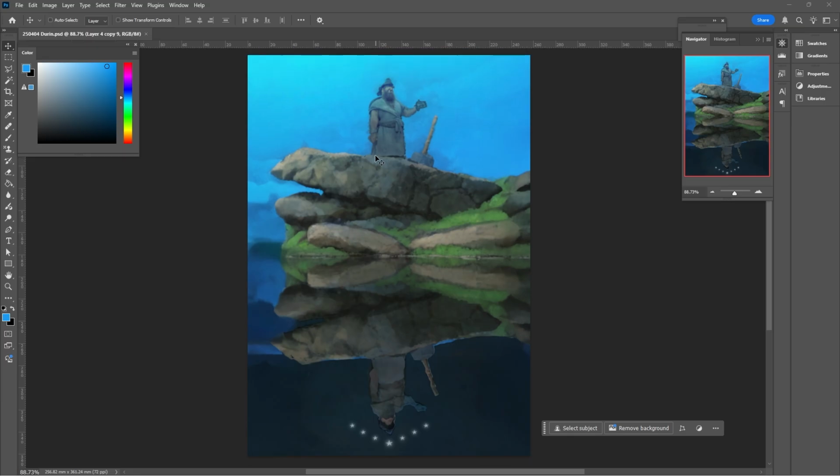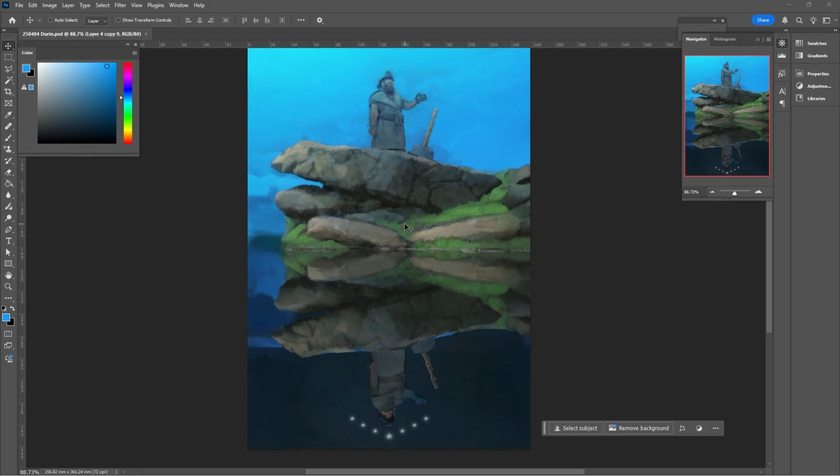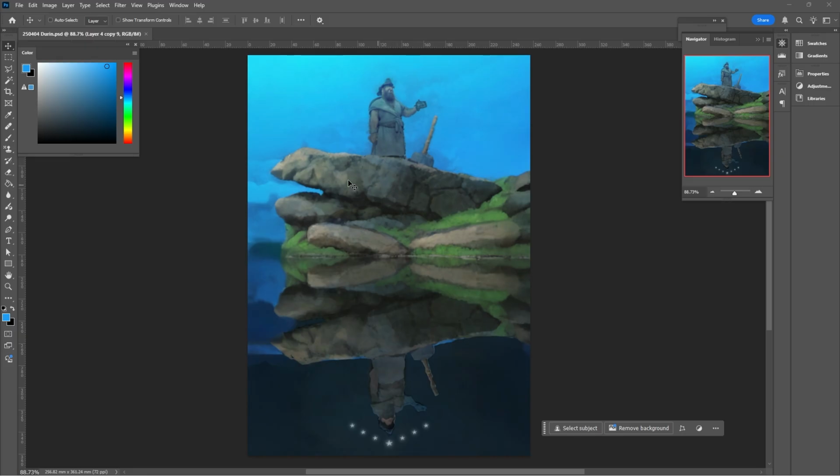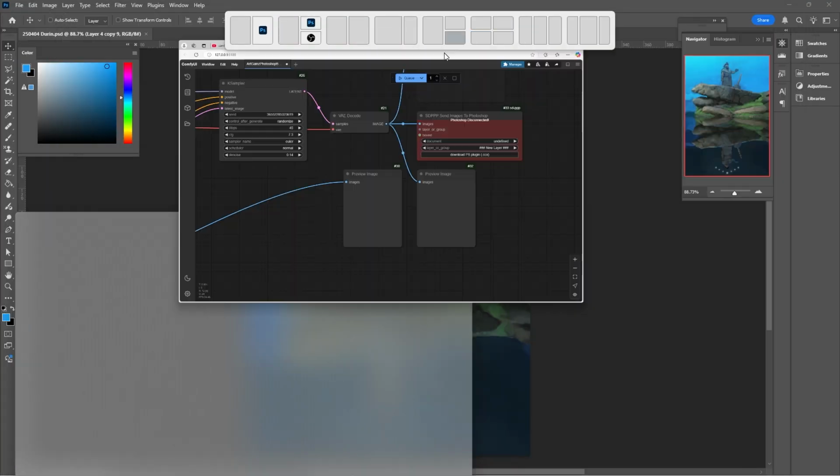As you can see, I've got here a painting of Durin from Tolkien's mythology. He's standing on a rock that's overlooking a dark lake. It's daytime, but the enchanted waters of the lake are reflecting the crown of Durin above his head. All right. So I have this connected to my AI program here,